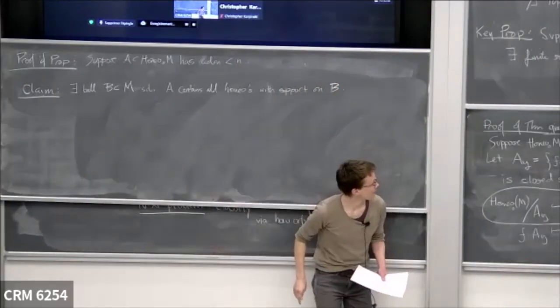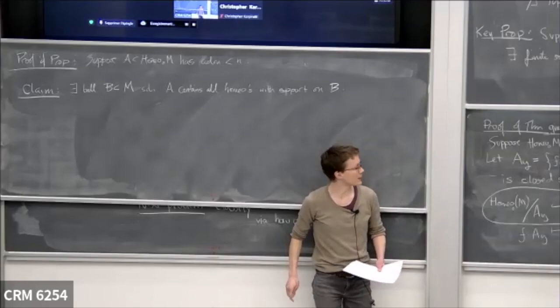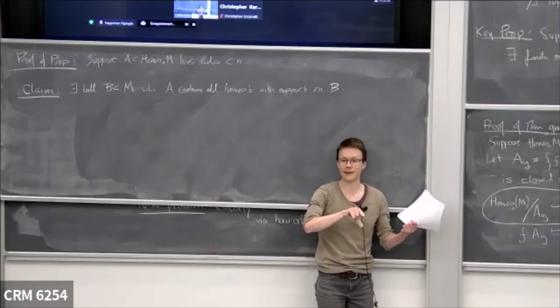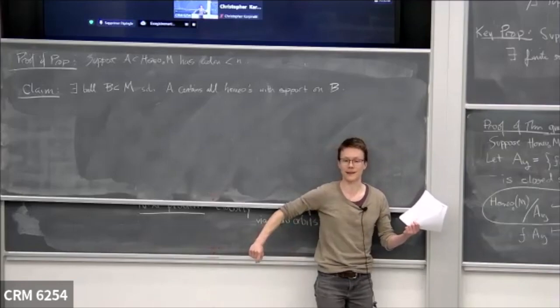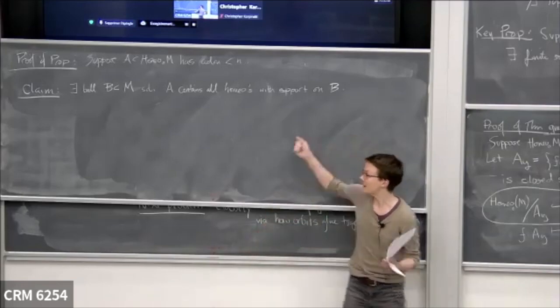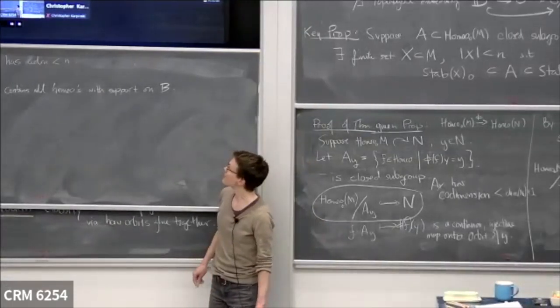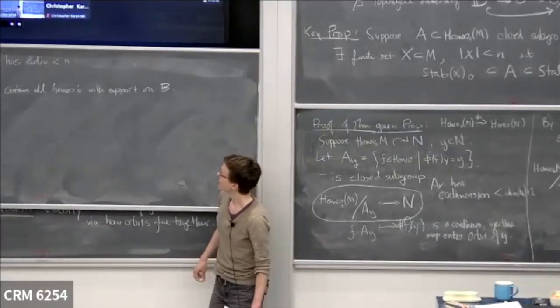And certainly that would be true if A contained a stabilizer of a finite set. Take a ball that doesn't have a finite set at all, it better contain that. The first step is to show that. And the reason you should maybe believe that is,